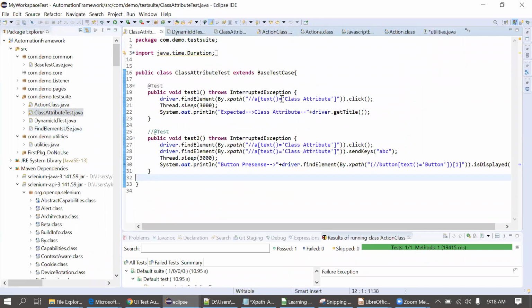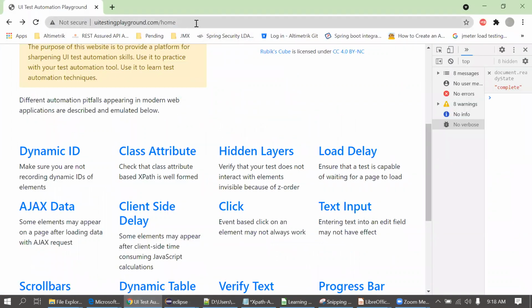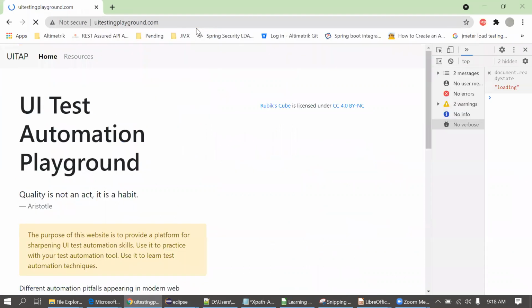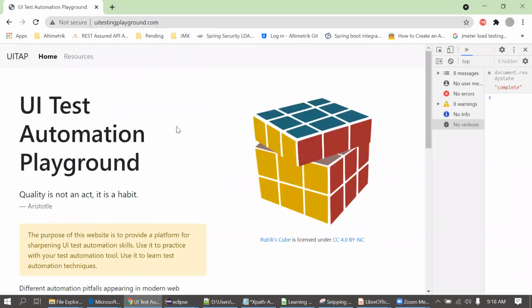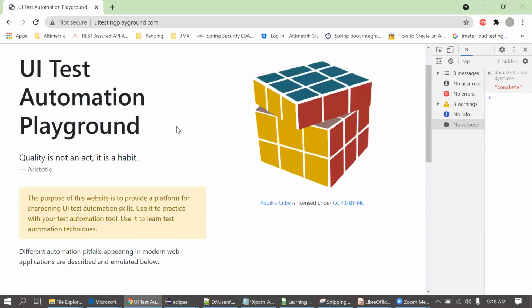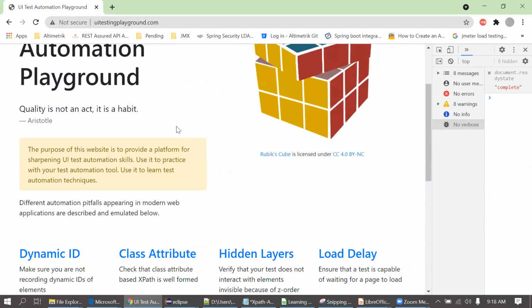For example, I'm just clicking on the class attribute. Suppose I'm landing on this page the first time. Now you can see the links below are not visible, right? This one, dynamic ID, class attribute.